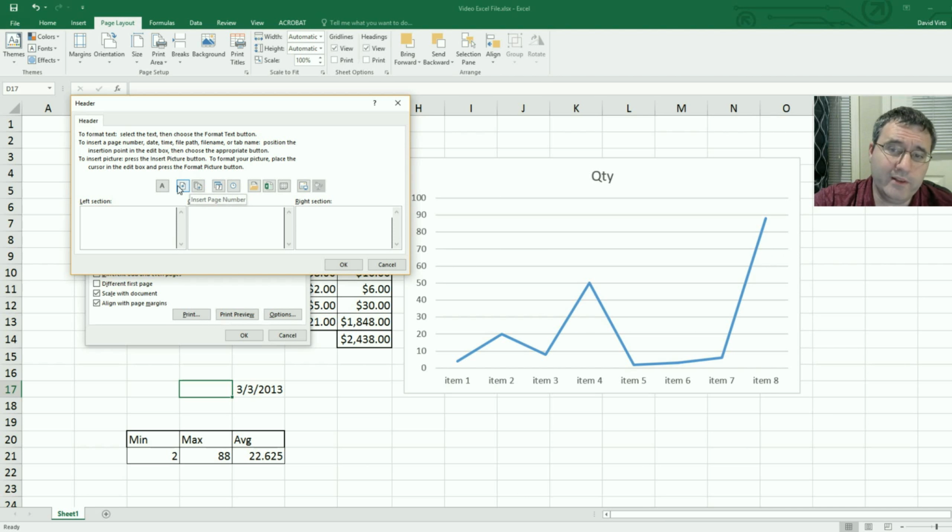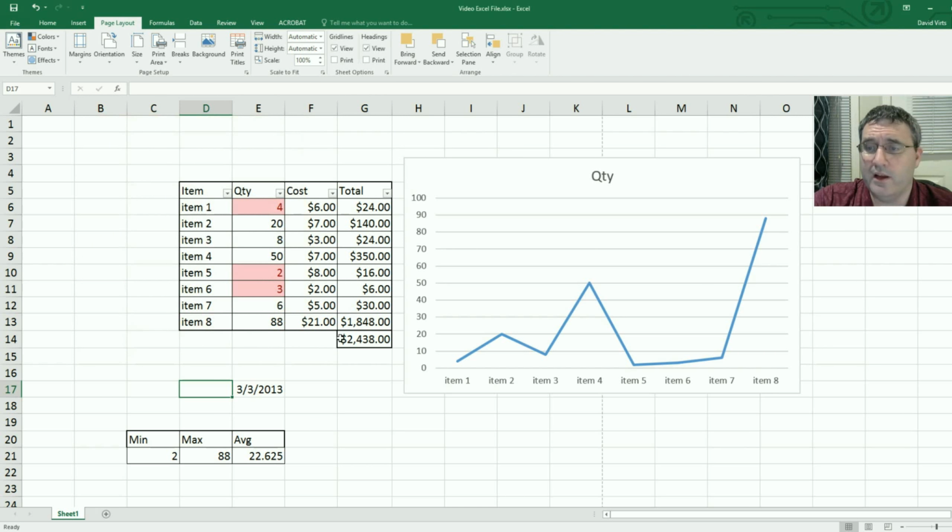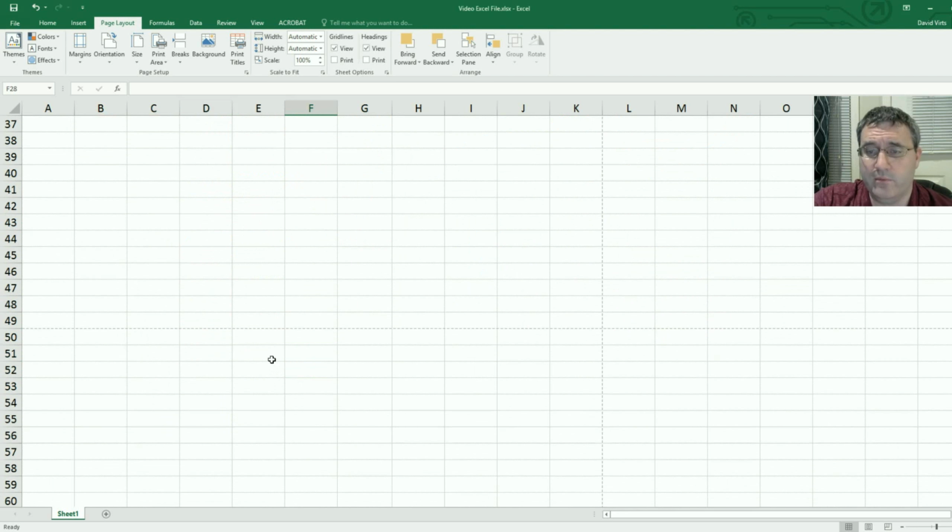Now, the difference between these two is insert page number is the specific page number. Insert number of pages is the max. So if you wanted to do one of however many there are, then you could do insert page number. That's this particular page, and you can do space of, and then click on the number of pages. So now it's the page you're on of, and then the number of pages. And when you say OK, it'll say one of question mark. Say OK. And then if you had multiple pages,